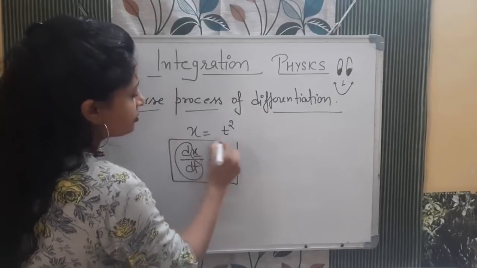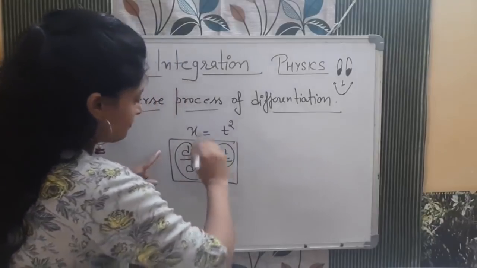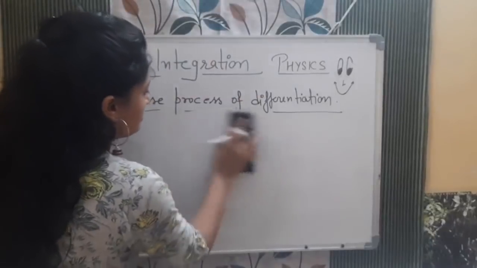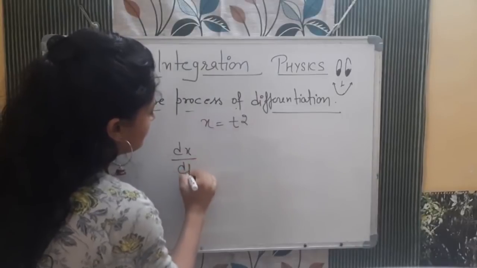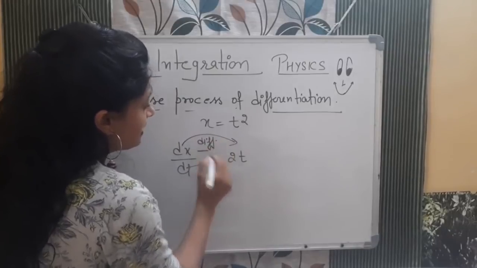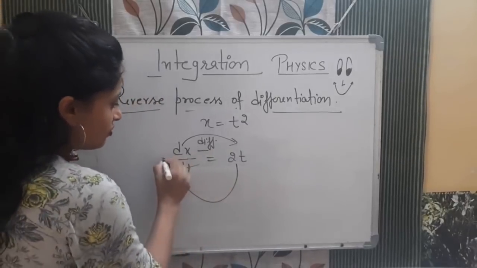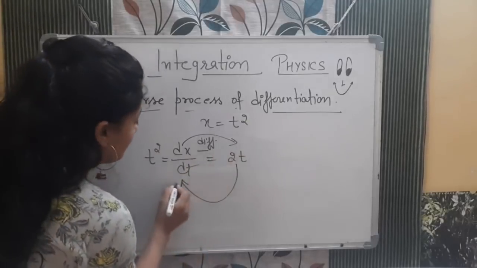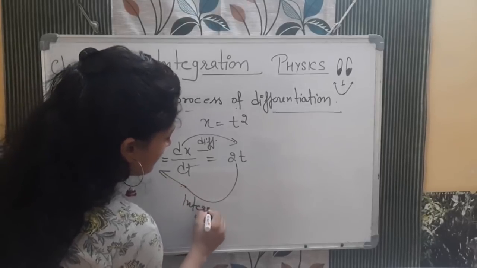This was differentiation. Now if the question is integration of this, this is the differentiation. See, if I make it like this, okay, just wait, I need to clean it. So for example, x was equal to t square, and I am saying dx by dt is equal to 2t. So this is what we were doing in the differentiation process. Now I want the integration of 2t. If you take the integration of 2t, what will happen? That will be t square again. So this is the reverse process, and I will explain it.